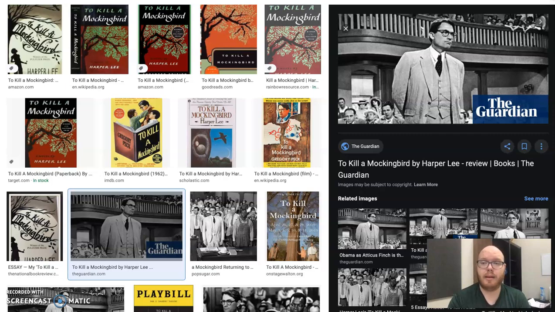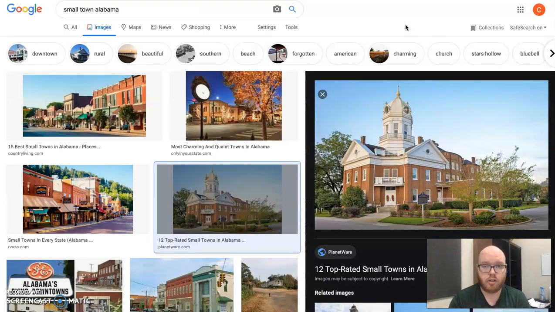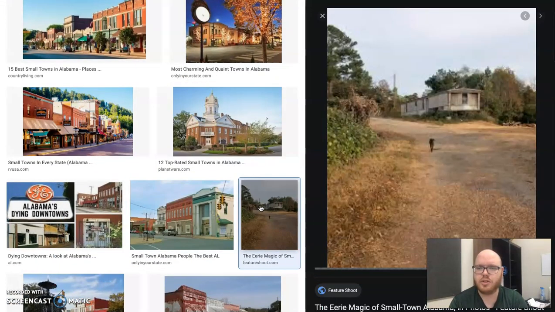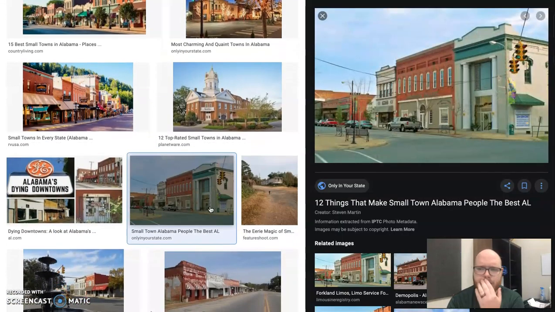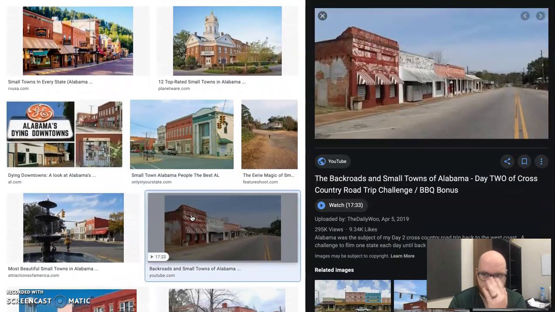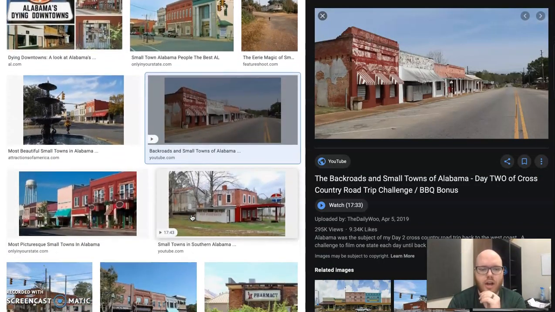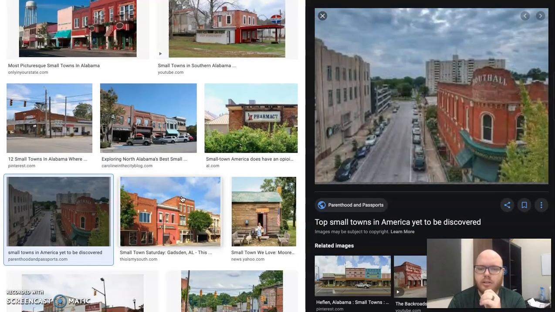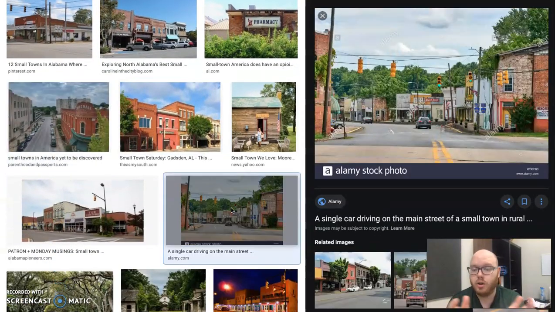It takes place in Alabama, where the actual author was from. She was from Alabama, and these quaint little towns. You can just kind of look through a couple of these. We've got this dirt road. These are more modernized, but you can kind of see the infrastructure as it would have been. These old shops, these old buildings, these small towns. For those of you who have lived in Utah for a while and been anywhere south of Provo, you might have encountered places like this. Or even if you think about downtown Provo, it might have been similar in a way.